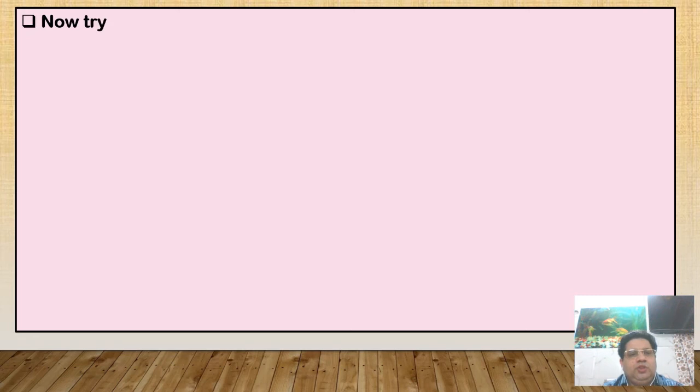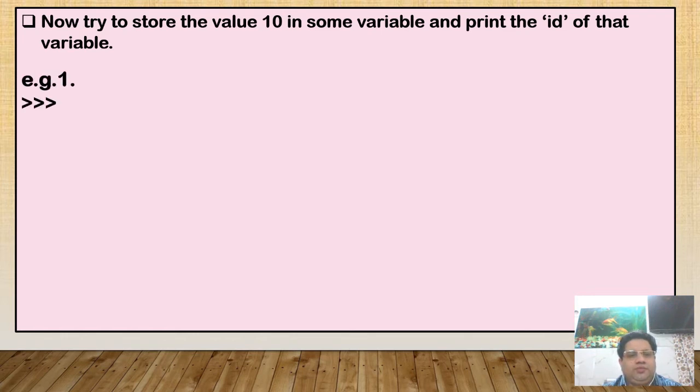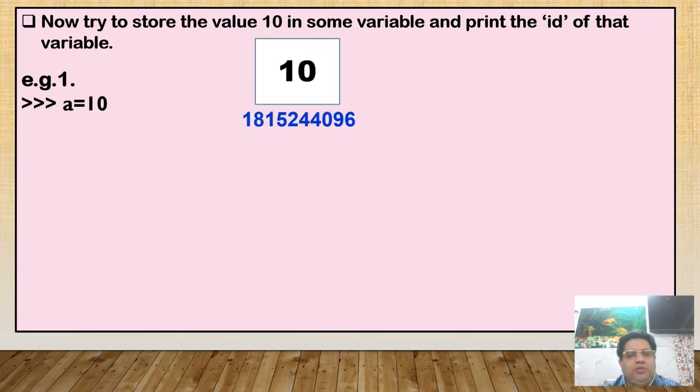Now try to store the value 10 in some variable and print the id of that variable. For example, I have written a equal to 10. Now when you write a equal to 10, what happens in memory? This 10 is stored somewhere in memory. Suppose 10 is stored at address 18152444096.